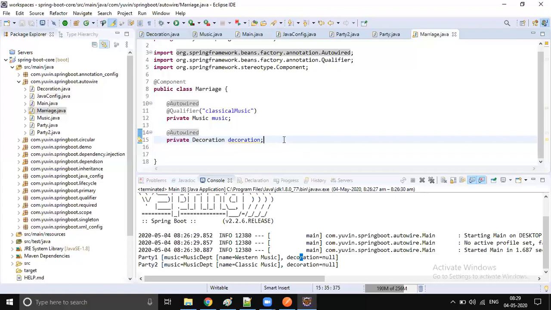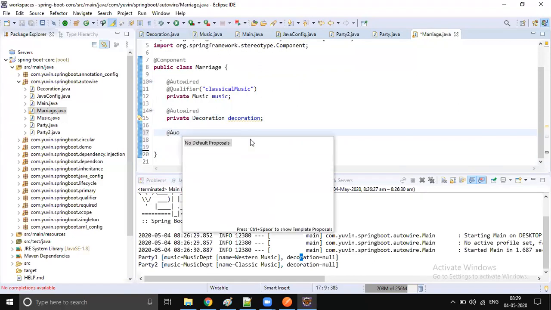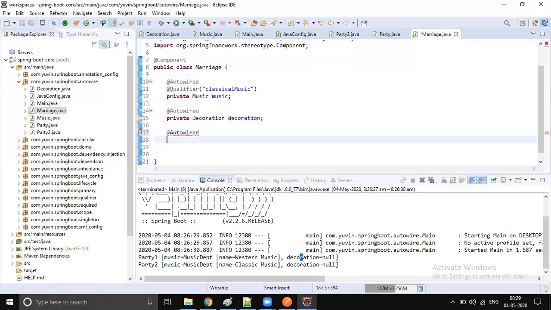Next, what do we want? We want food, so autowire. What do we call it in an occasion, the food section? What is a proper naming convention we can use? If I directly call it food, it won't be good. Catering, I think. Okay, catering. What is the spelling? C A T A.